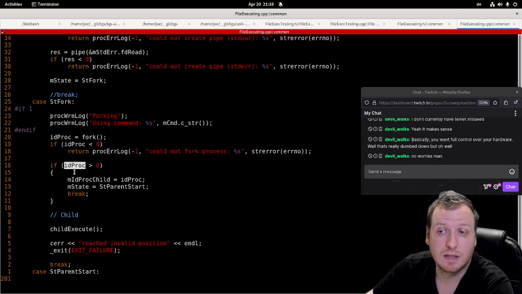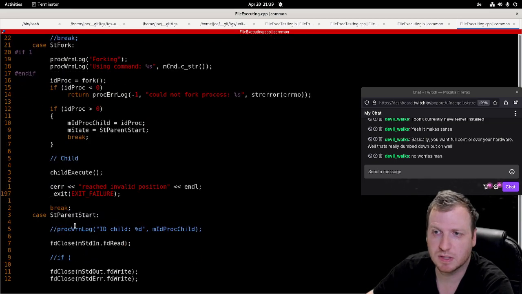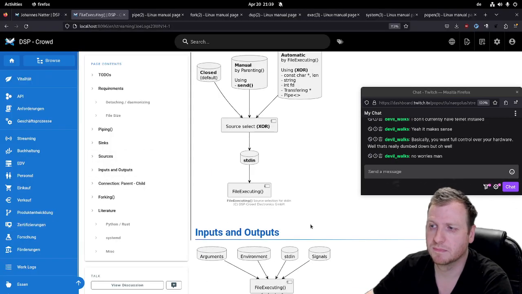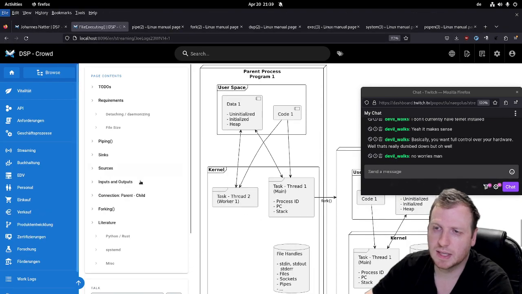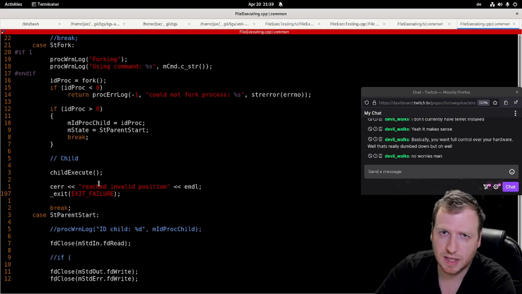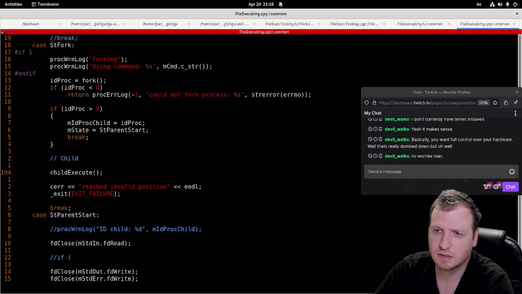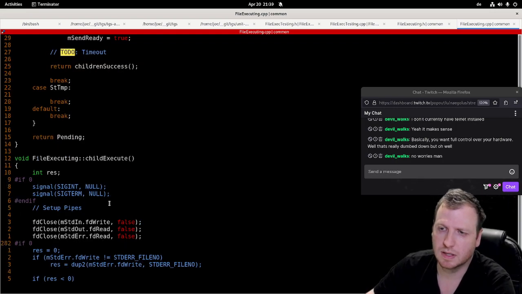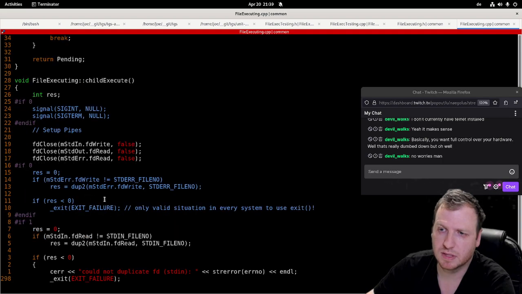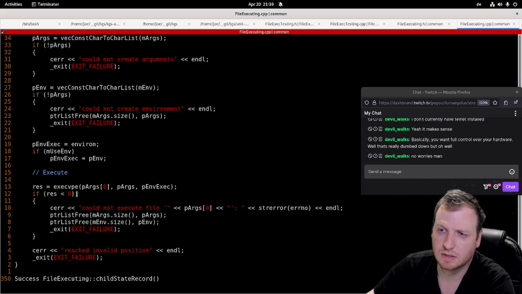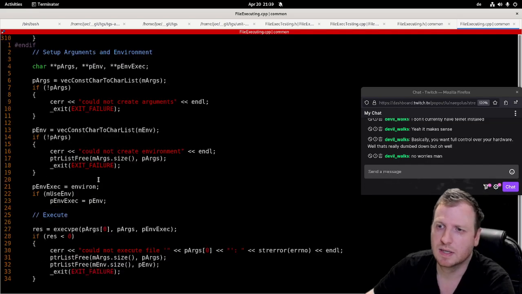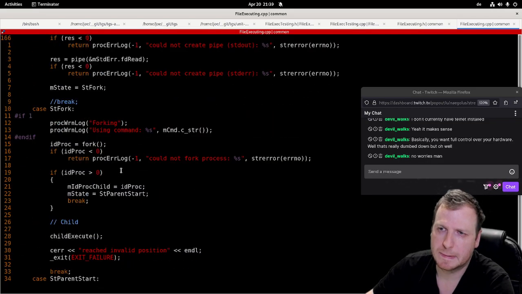If the result of the fork function is 0, then we know we are at the child process. We are at the process copy. Then we can execute the child. And the child is closing some pipes and doing stuff. And then finally it is executing some other process. In the parent,